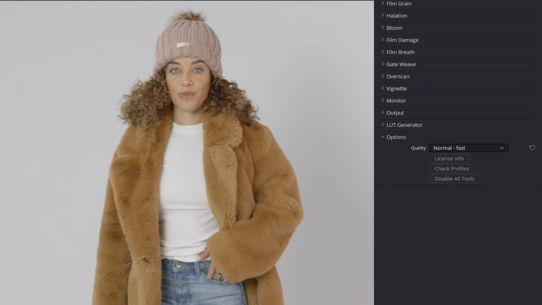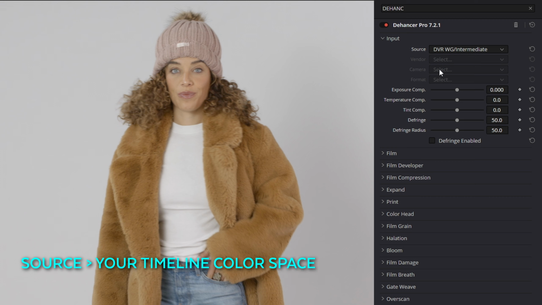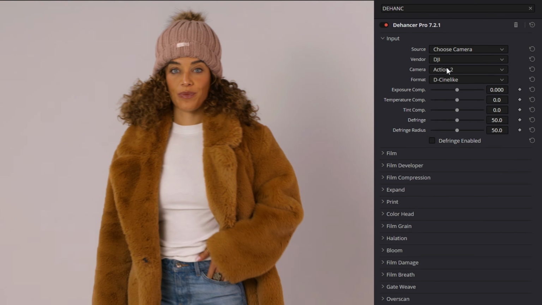So within the window of the input, we want to go to source on the top, and it says source DVR YG intermediate. That's what we're working in. So we're going to change that to our source. In here, they also have, you can do choose camera. You can click DJI, and then I could click which camera I'm working